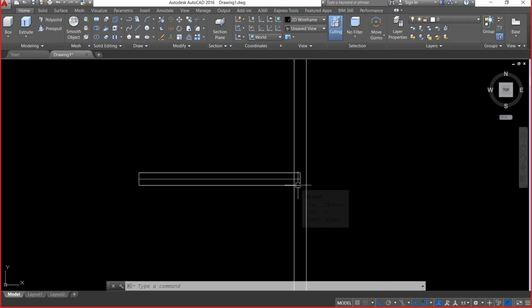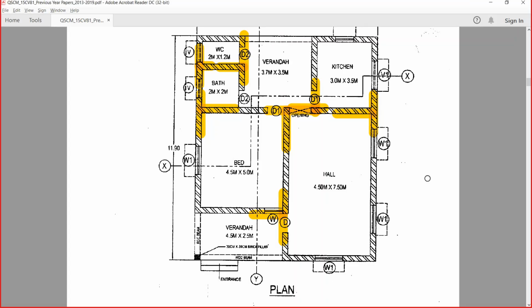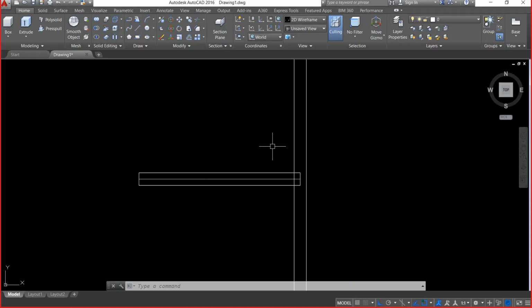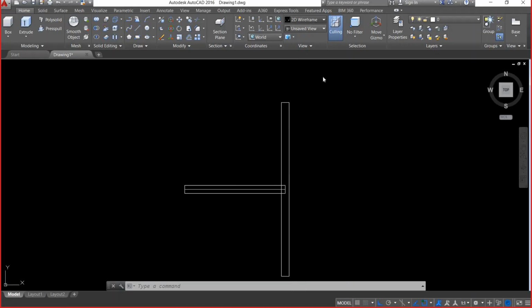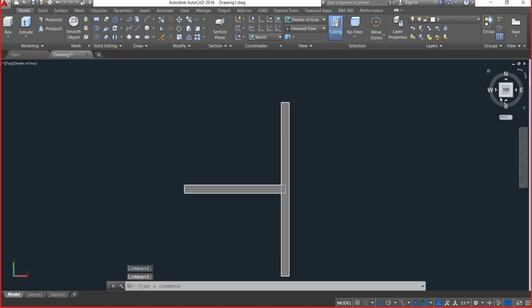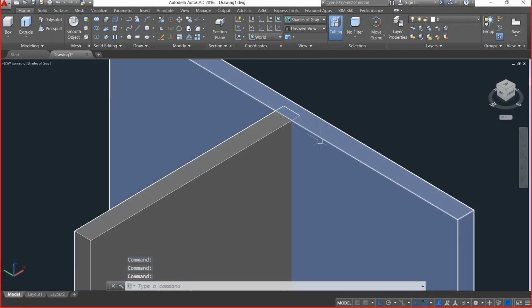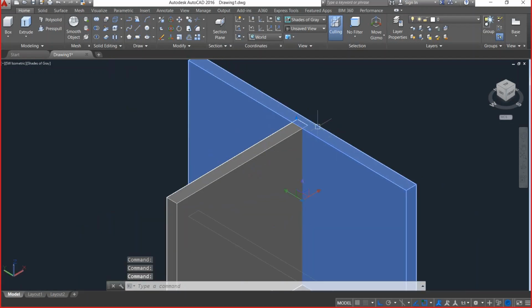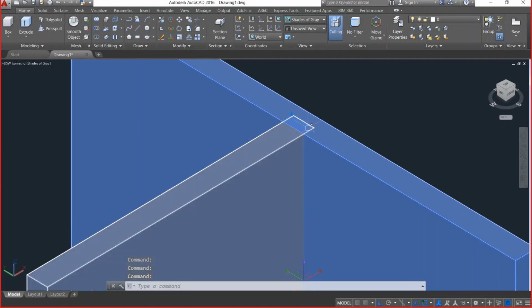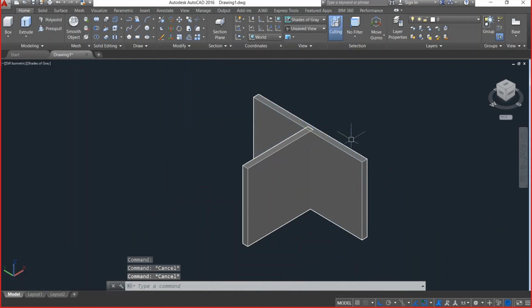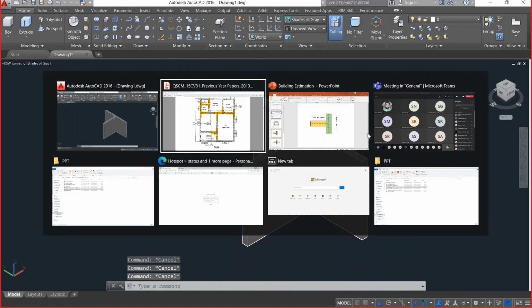Why am I doing this separately? Because it is the center line length, I mean the center line method. I have considered the full length of the building, and then I need to deduct it. I hope you can see it better in this view, right? There is overlap happening. Since I've already constructed this wall, I need not consider this extra amount, or half of the length, right?